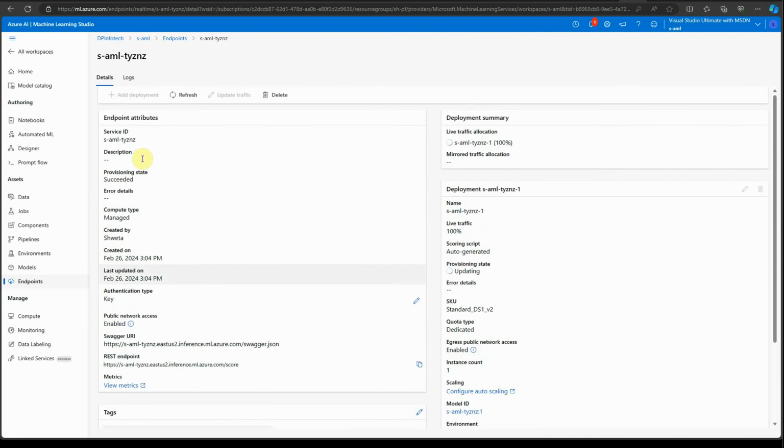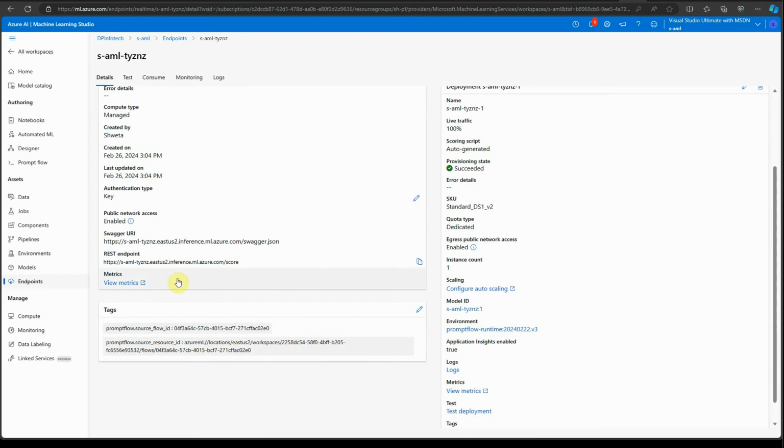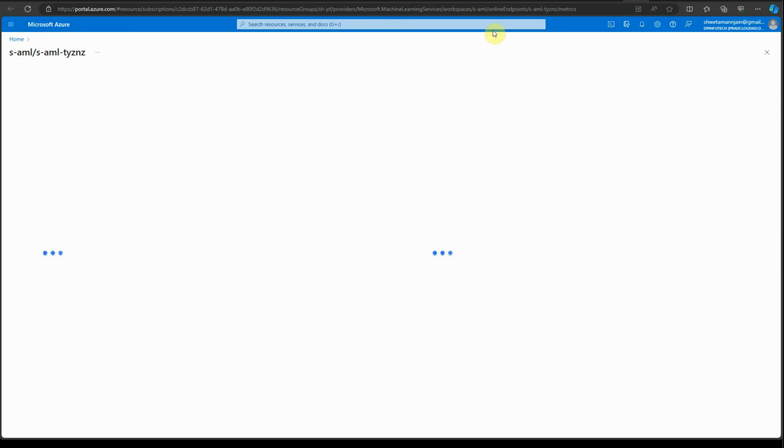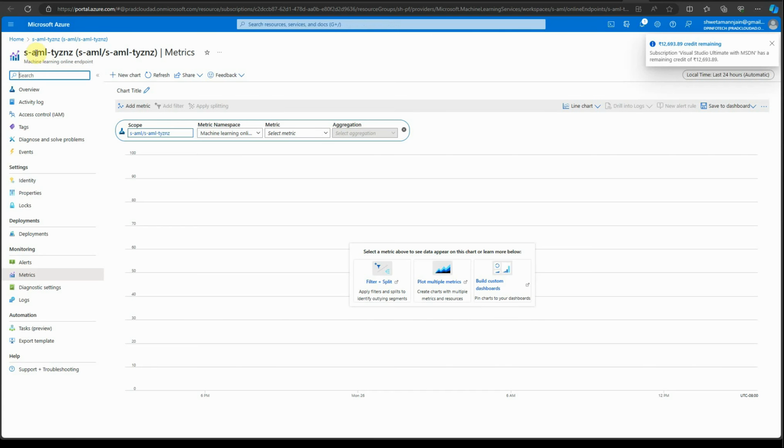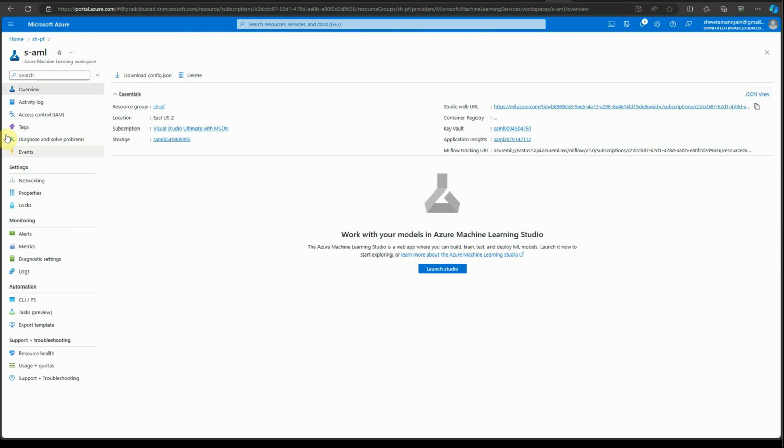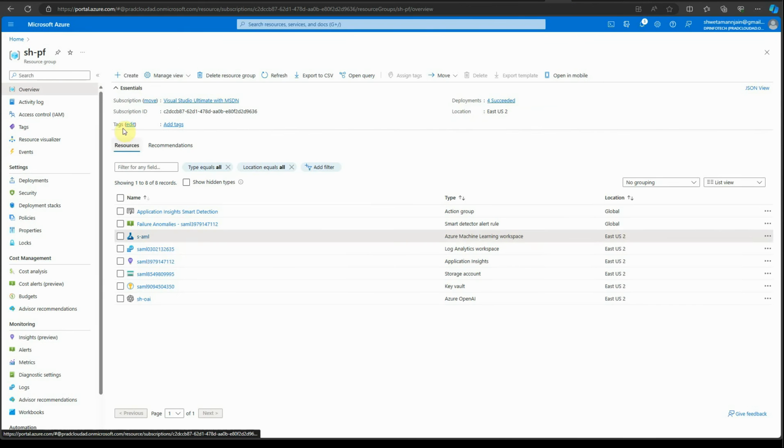So this is the endpoint which got deployed over here. These are the metrics. And another thing which you need to take care of is, whatever endpoint we have created, we need to grant permissions to that. So for granting the permission, you can go back to your Azure portal, go to your